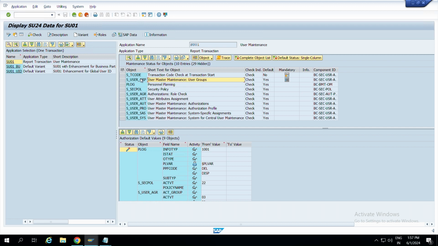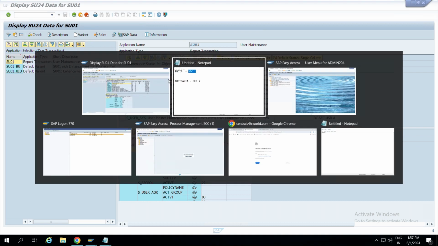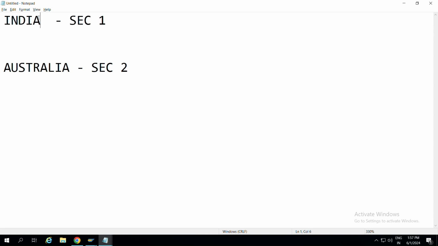Okay, here in this field, in this object, if you add the user group as India for this security guy, you'll create a role with SU01 and under S_USER_GRP, in this field, you'll add India.